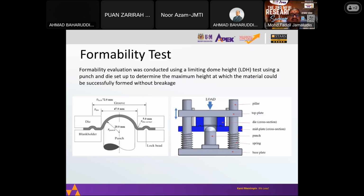For the formability test, we have used a limiting dome height test, which is an apparatus that was fabricated in-house following certain guidelines, certain standards. What we are testing here is the punch. You have the punch here. We want to see how the specimen will be affected by the punch, and how high the punch can create the dome